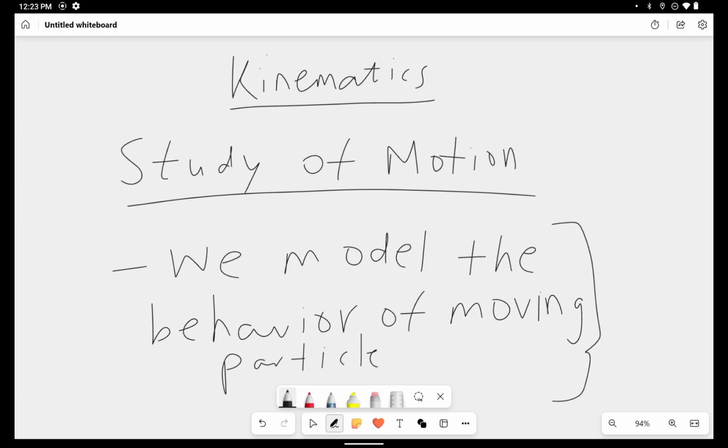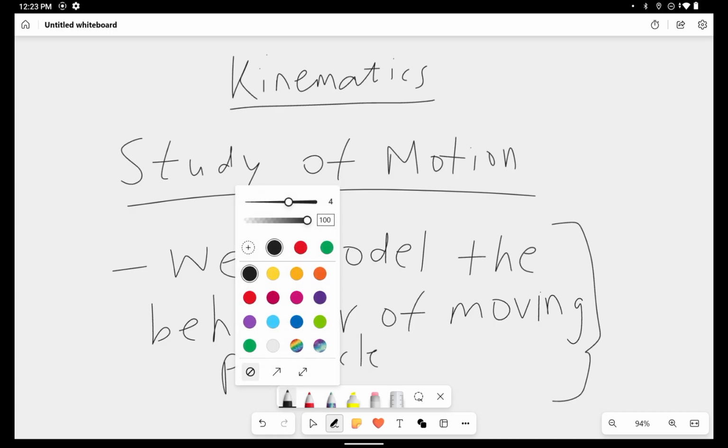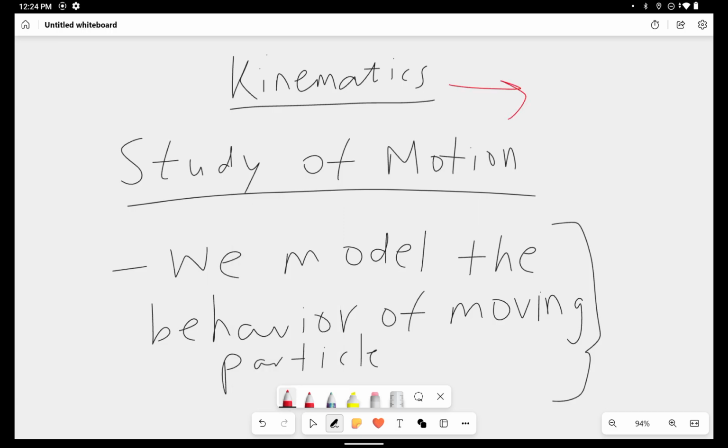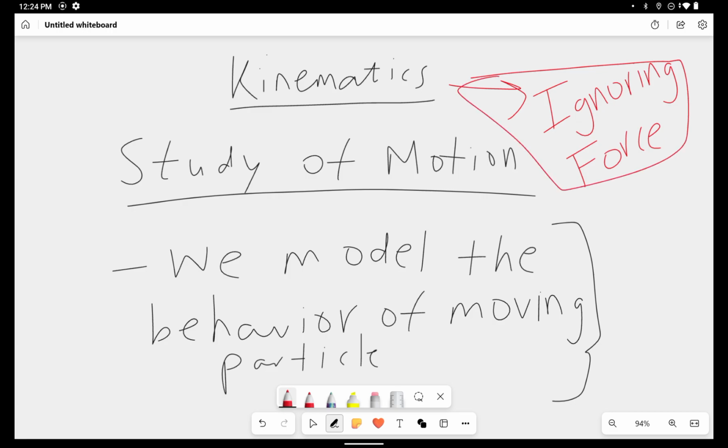And the important thing to note till now is that for this chapter we're ignoring the effects of any force. We'll study forces in the next chapter, called dynamics. In this chapter we are only concerned with speed, velocity and acceleration and the respective time graphs,